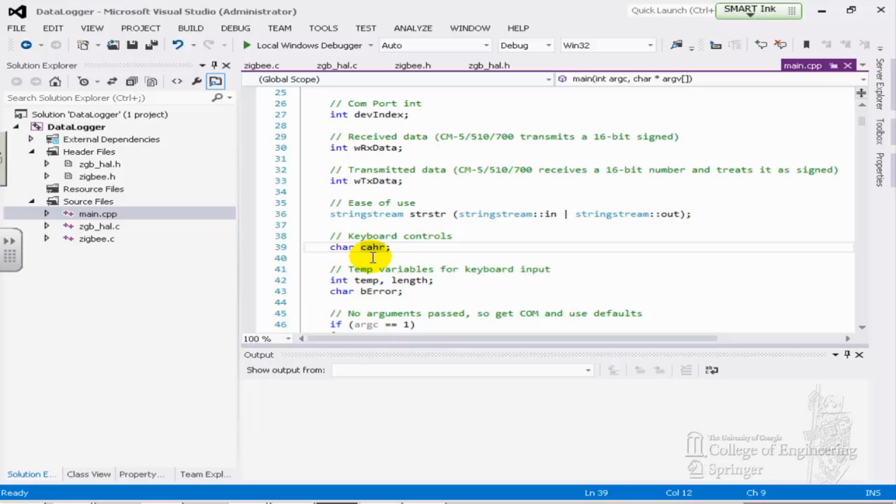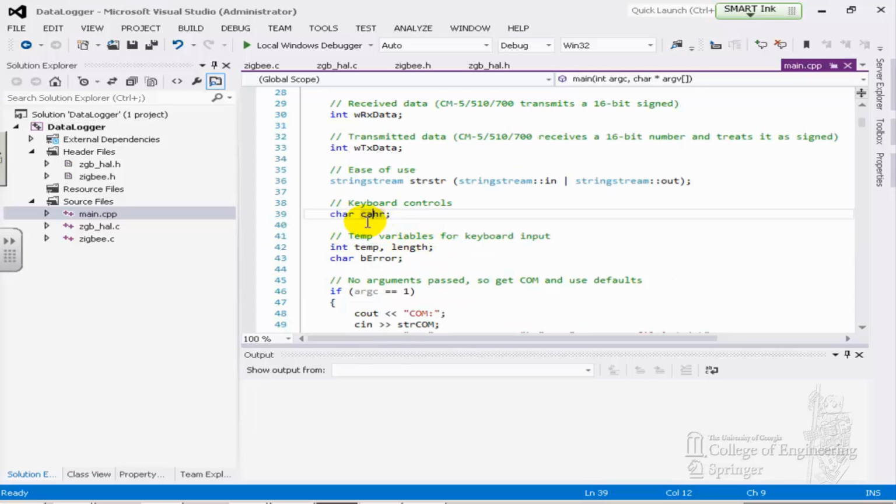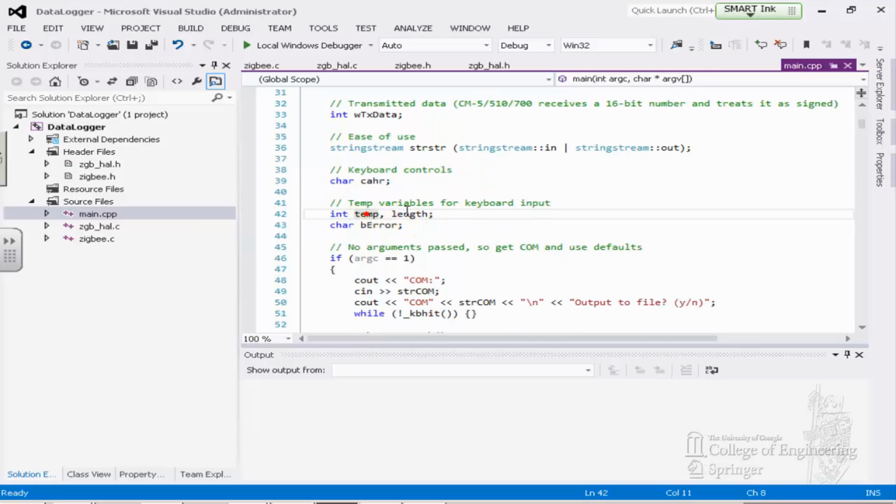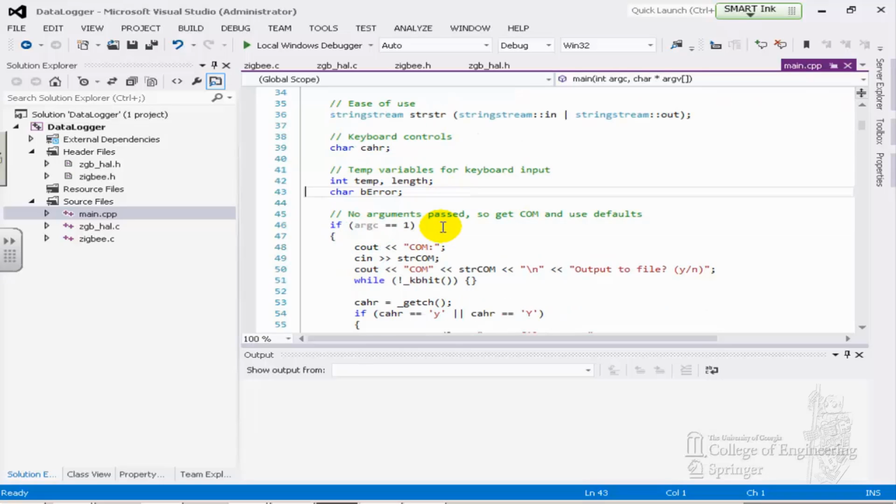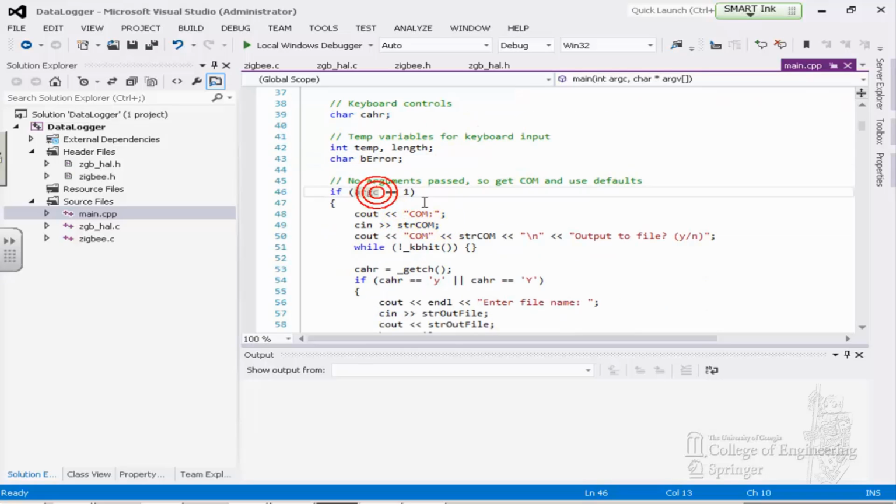Remember we're going to push some keyboard keys, right? So it's a character. Anything coming from it is a character. The CHAR type, he just happened to call it that, it's just reversed a little bit, so he named it that way. Then there's a temp and a length, integers zeroed out. We're going to use an error variable if we have something, so that we can set up the error. So basically, when you run this one,